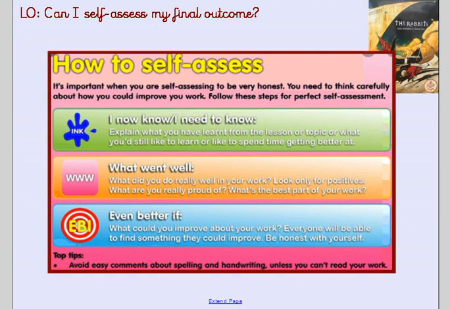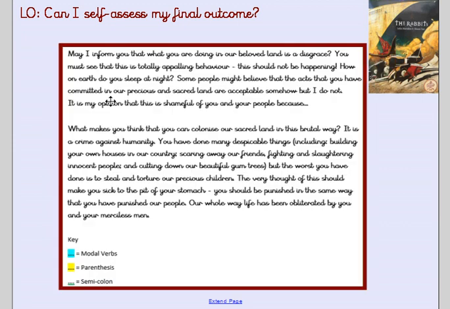Before you do that, I would like you to go through and look for a few things within your piece of writing. So my example of writing that I completed here is there. Now you can do this in a few different ways. I want you to look for modal verbs, parenthesis, and any semicolons that you've used in your writing. So 3 things that I got you to look at last week before you did your final piece of writing. So you can do this however you want. You could underline it and label them right on your piece of work in a different colour or in the same colour if you've not got any others. If you've got colours, then you could highlight some key bits in there, underline key bits and make a key at the bottom, which is what I'm going to do.